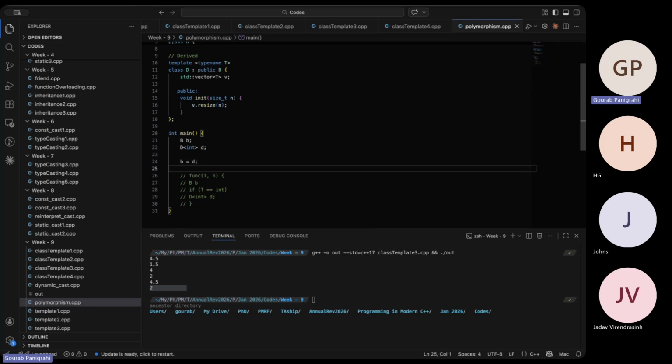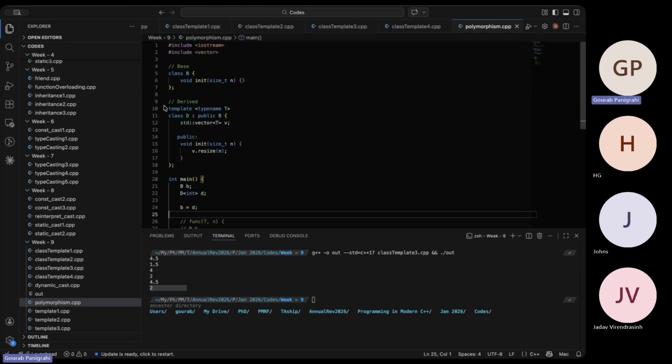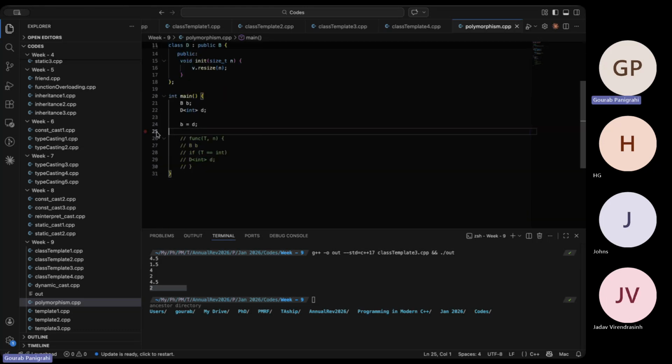Set object of D inside B. Remember from typecasting rules, you can always have the base class storing all kinds of derived classes, pointers, and everything, because the base class will always have whatever definitions inside the derived class. So B equals D can be done. We'll just use the same idea, but not define the variable. Just use the definition that I'm going to construct a derived class D of integer templatized and store